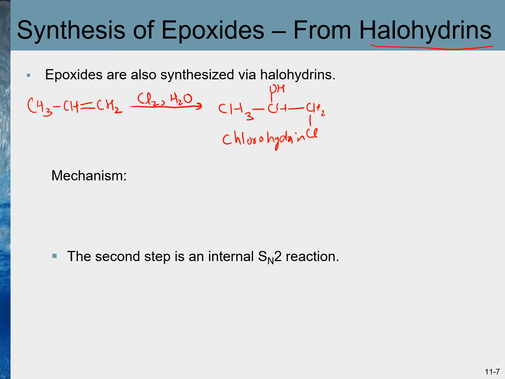Halohydrins formed by addition reaction are racemic mixtures. And when halohydrins are reacted with a strong base such as sodium hydroxide in presence of water, they will result in formation of an epoxide. The mechanism of this reaction involves two steps. In step number 1,